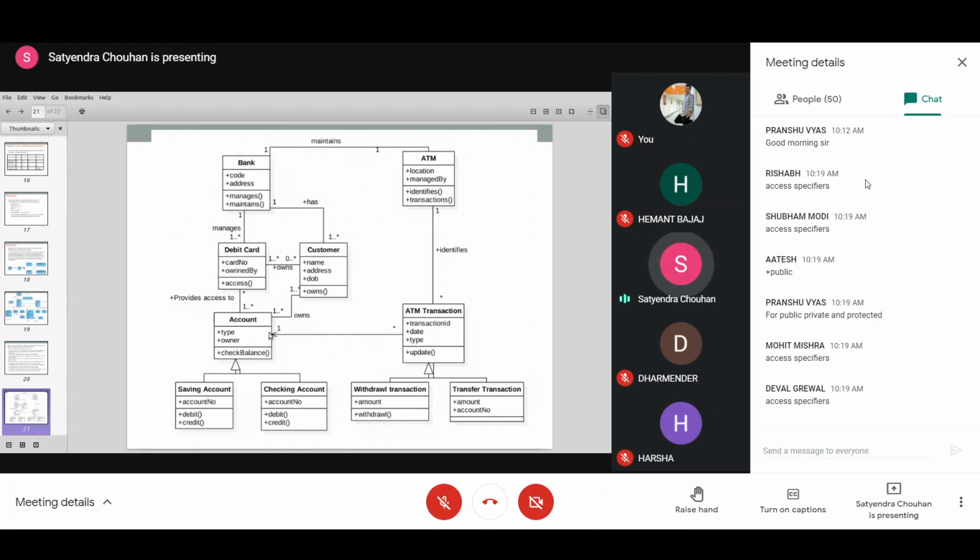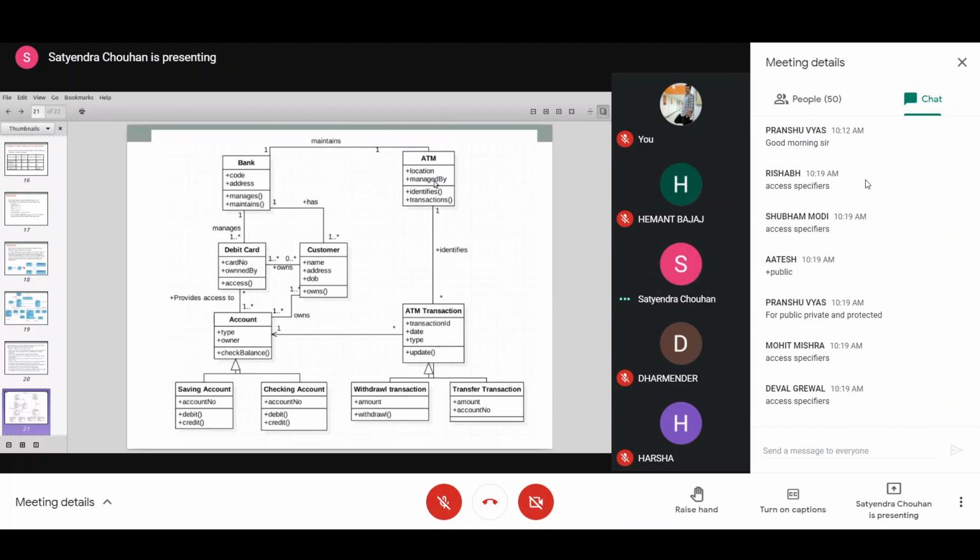And ATM transaction and account have a one-to-many relationship. Withdrawal transaction and transfer are types of ATM transaction, where ATM transaction has a one-to-many relationship with the ATM, and it maintains a relationship between bank and ATM.